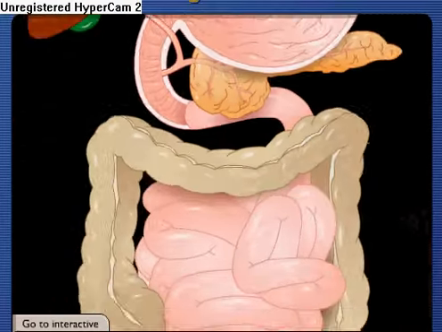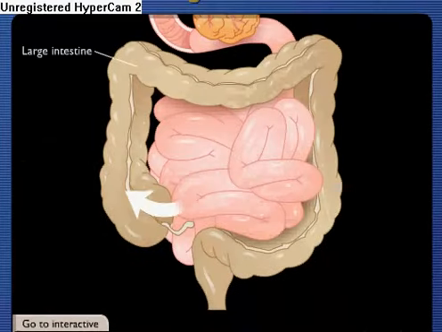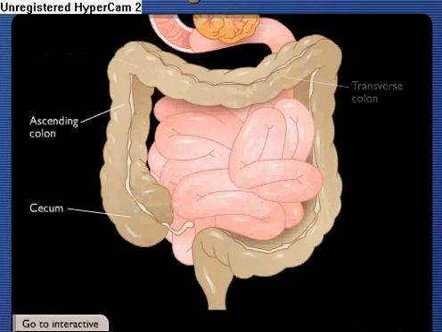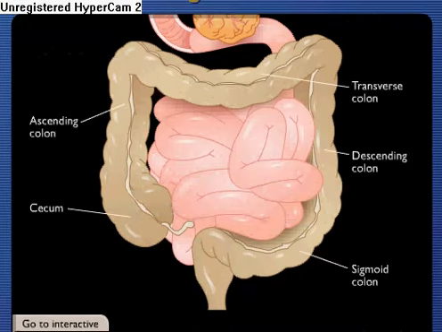Chyme not absorbed in the small intestine enters the large intestine. As it passes through the cecum and ascending, transverse, descending, and sigmoid colon, water and salts are absorbed and chyme is converted into feces. The rectum stores feces until nervous stimulation initiates the defecation reflex, resulting in elimination through the